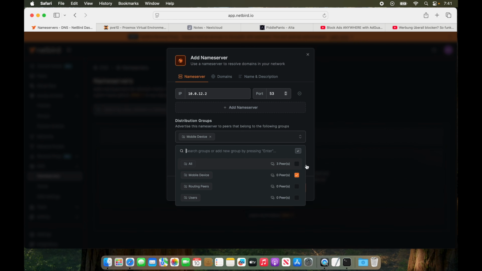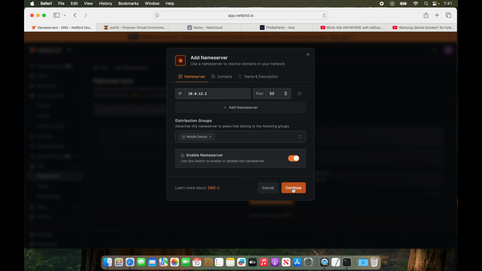So we'll scroll down here and then we'll go continue. We're not going to add any domains. We'll call this public DNS, Control A, C. We'll be lazy and paste that. And then we'll go add the name server. And it's done. Now, because I was forgetting that step, we now have to go back over to our groups